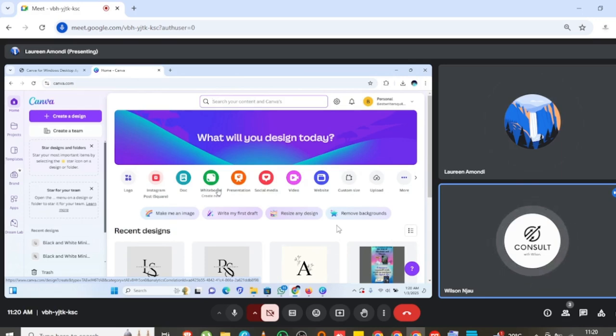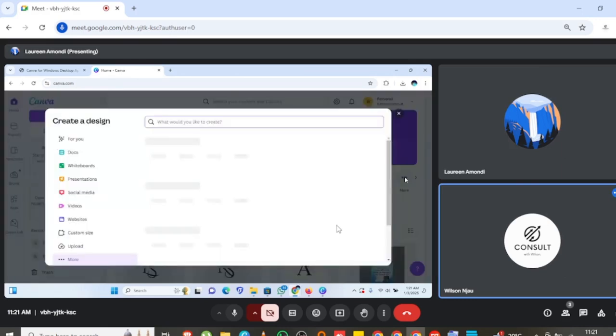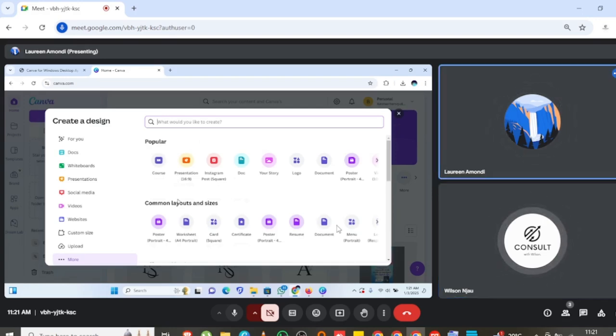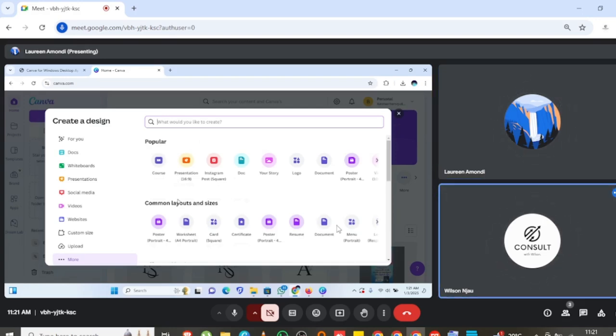And as you go and as you click on more, you see, these are so many features. Add the resumes, certificates. So by default, you could just choose what you want to work on. The purpose of all this is because of the dimension, the measurement. Maybe a certificate has this kind of dimensions. You can see different dimensions on every